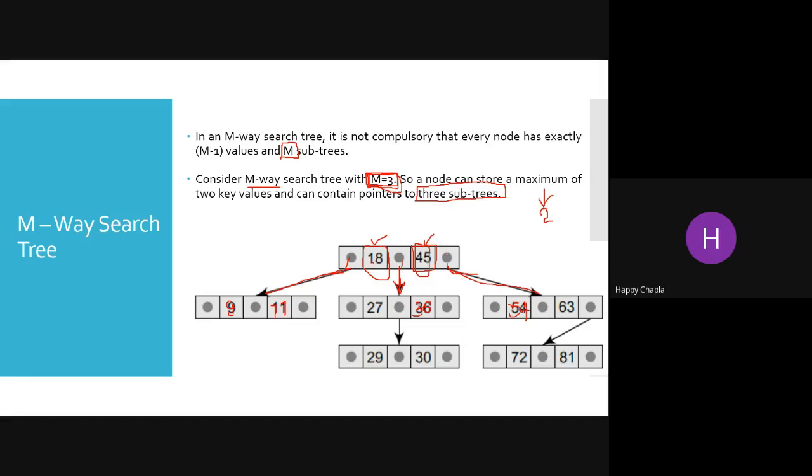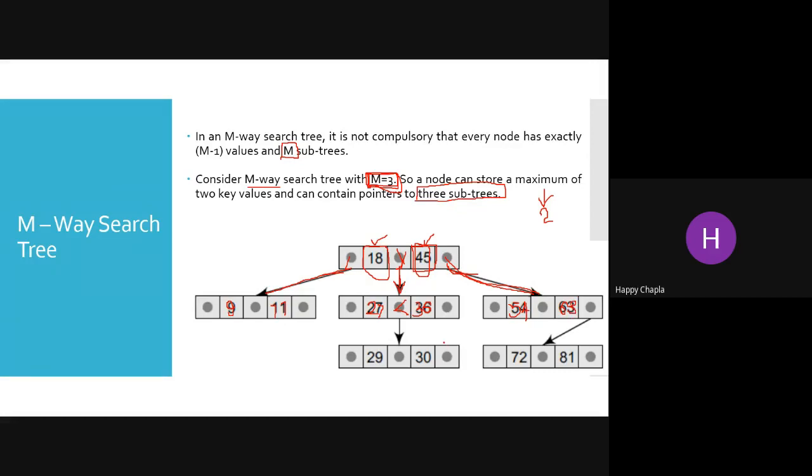Okay, now we want to insert 27. Where can you insert? So 27 is greater than 18. Come over here. 27 is less than 36. So before 36, you have to insert 27. Clear? Now, if you want to insert 63, where can you insert 63? So 63 is greater than 18. So यहाँ पे तो नहीं आएगा. Check over here. 63 is greater than 45. So go to that side. Now 63 is greater than 54. Yes. So 54 के next वाली link पे आप 63 store कर पाओगे.